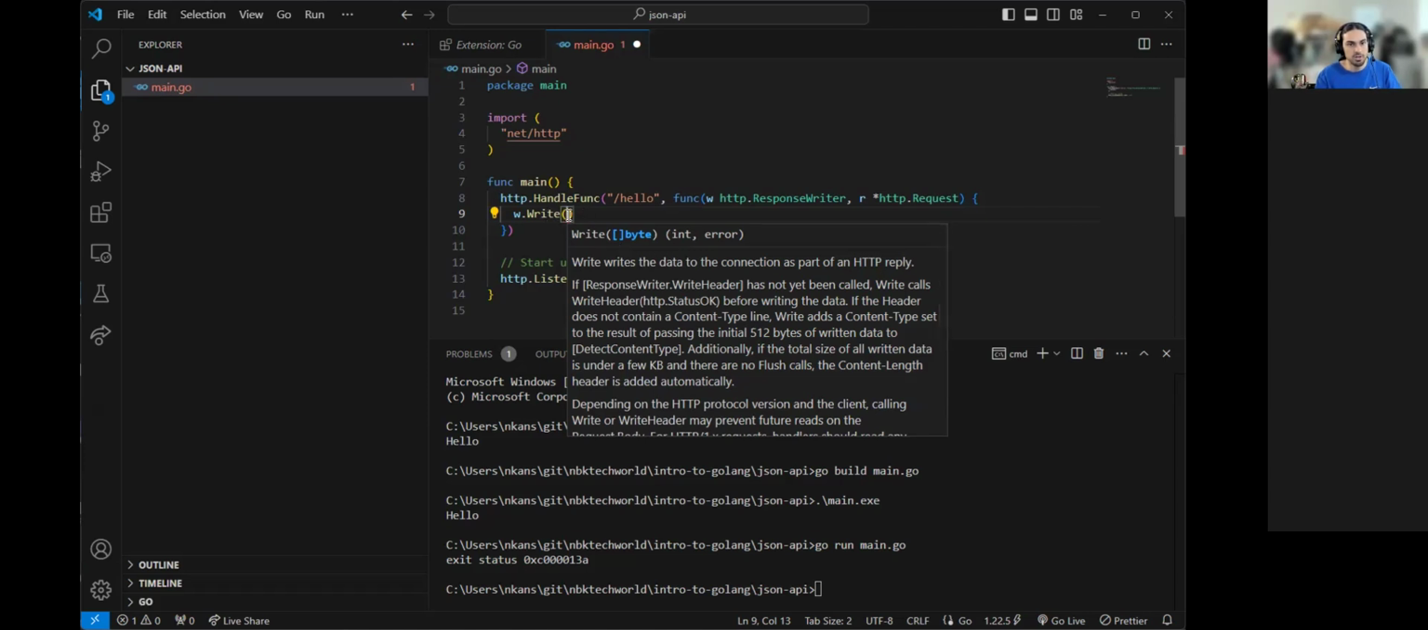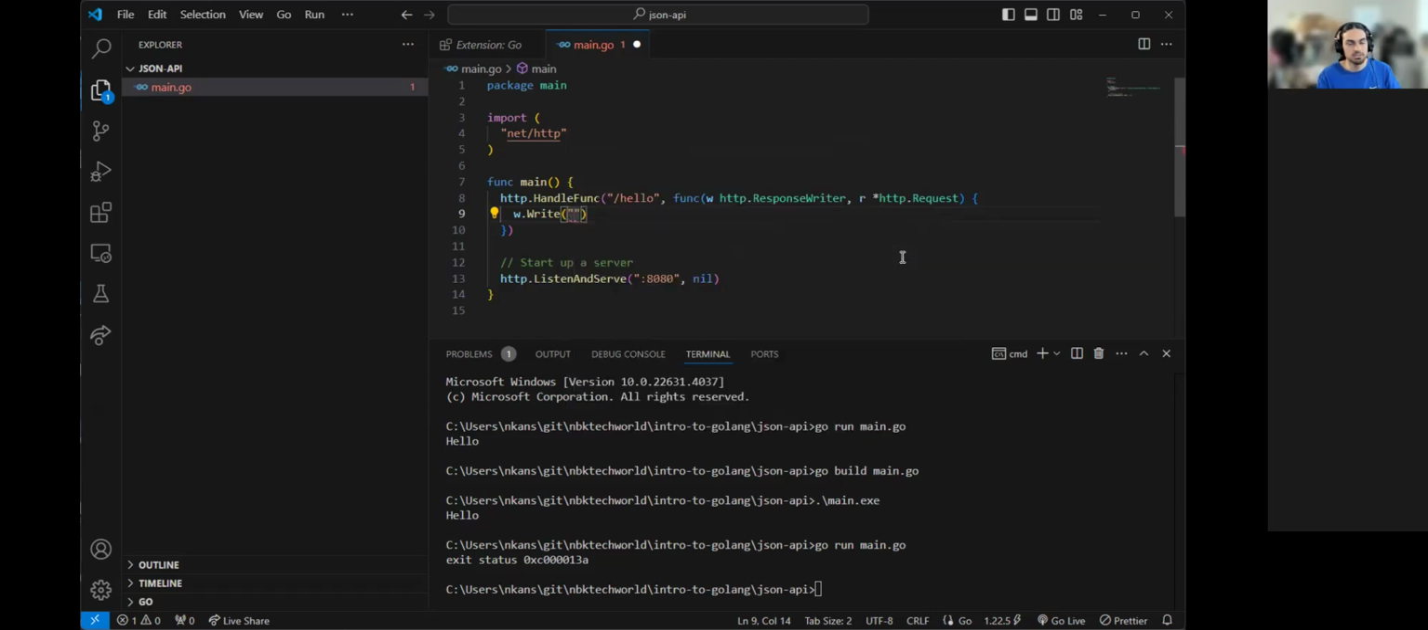So it expects as an argument a slice of byte. Now, if you put a string like this, hello world, it's not really gonna work. Okay, cannot use hello world because that's not a slice of byte. So if you try to go around that,